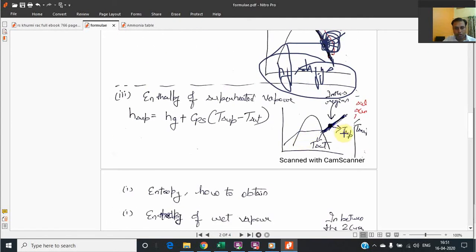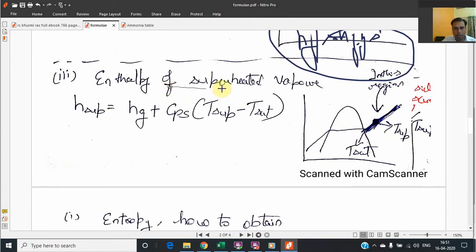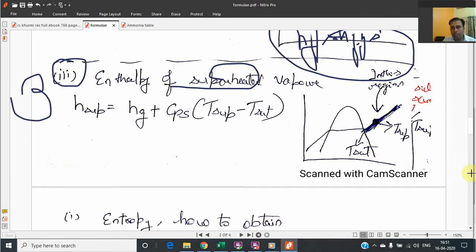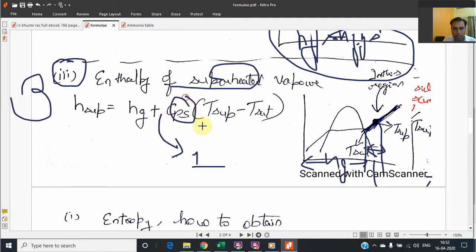Now if we are able to go beyond this curve, means the vapor is superheated, because only three cases are there and this is the third case. Then what do we have to do? We know that up to this point the enthalpy was known to us, that was HG, HF plus HFG. We have to add a certain portion of enthalpy also. This length we have to obtain. We know the formula of heat, that is m Cp delta T. Mass is 1, because all data are specific. Cp and delta T, this is T sup minus T sat.